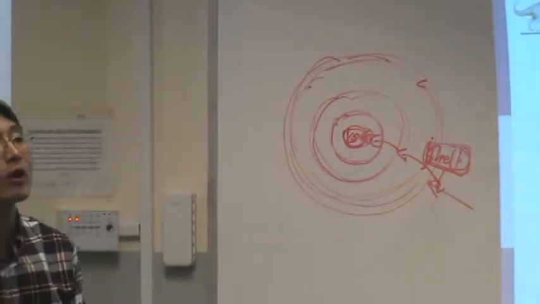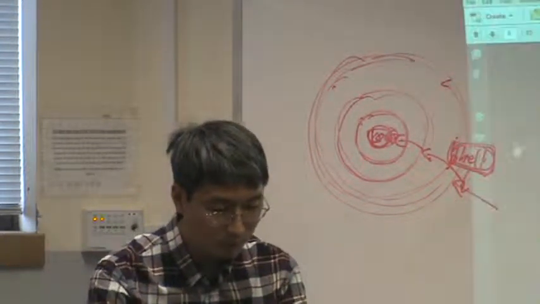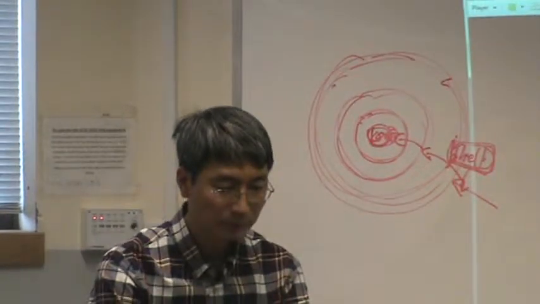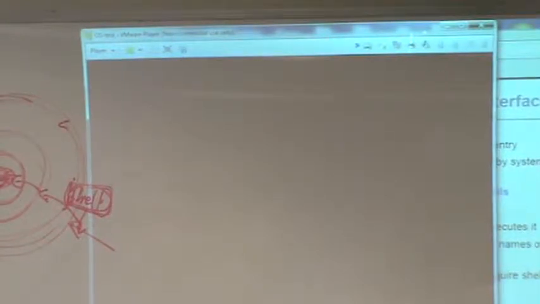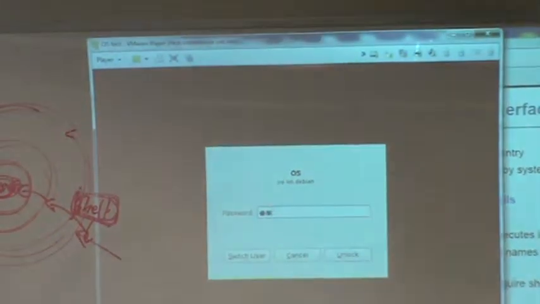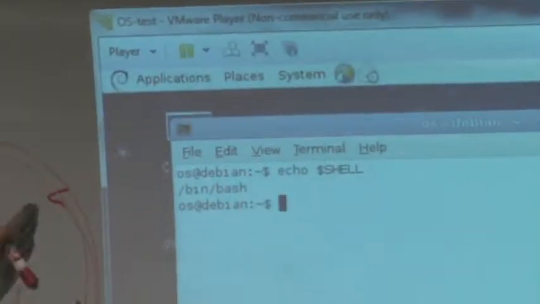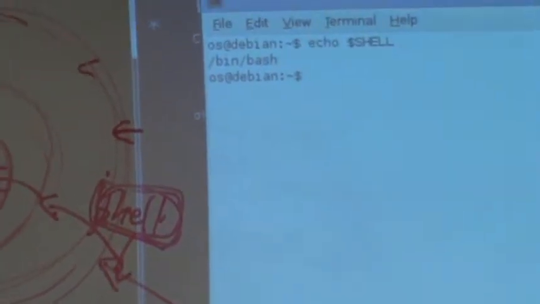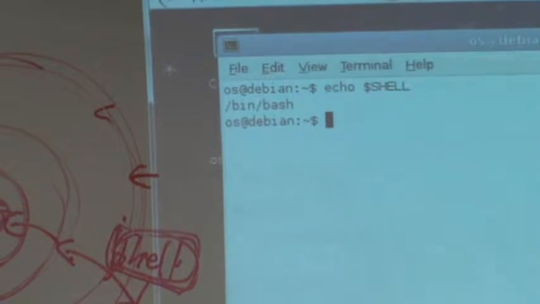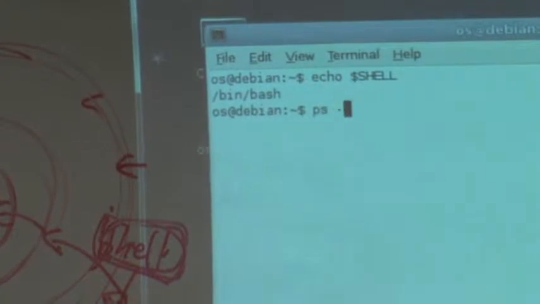Okay, in other words, if you log on to the system just like the previous example, this is the outermost program. This part is the shell, and there might be a parent of this shell, right? All processes should have a parent. So you can actually find such a